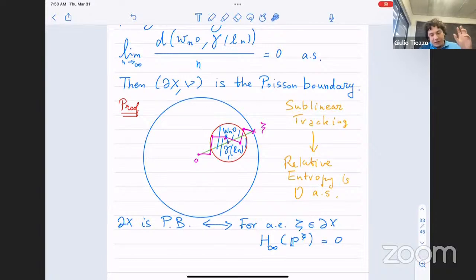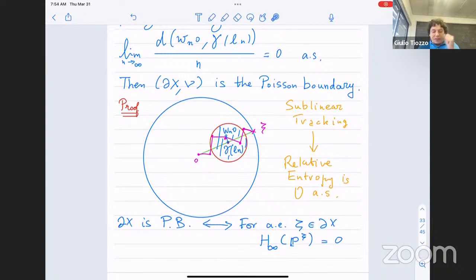Because of course, whenever you have a path that converges to the boundary, you already know that this would be a quotient of the Poisson boundary. So the Poisson boundary is the maximal boundary in the sense that it is the one that has the most points, of course, but the problem is that defining points is really hard. So this is what we discussed yesterday.